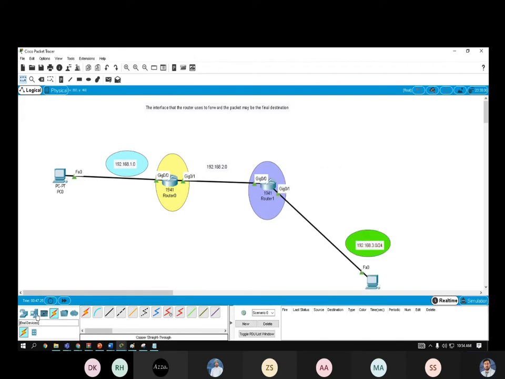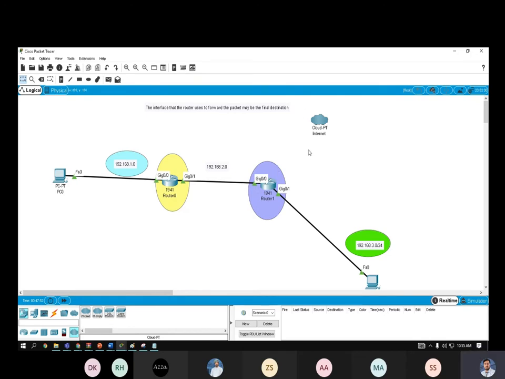Let me use some router here. Suppose this is our cloud. Okay, this is our internet. Suppose we are connected with the internet